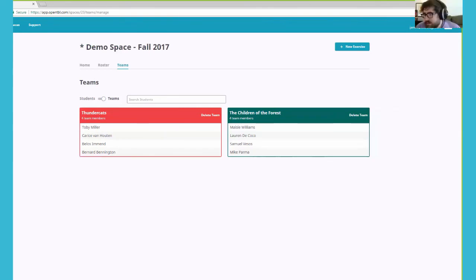It depends. They don't have to redo their evaluations. The system will readjust or reassign. So for example, if I move Toby from Thundercats to Children of the Forest, effectively what will happen is the system